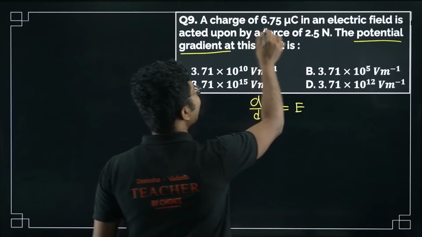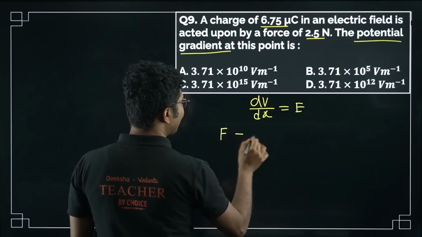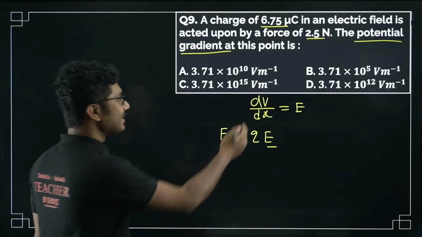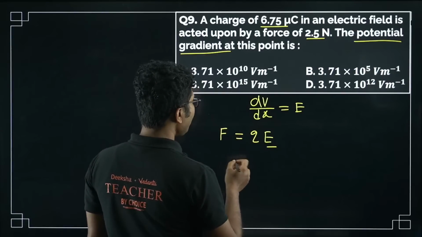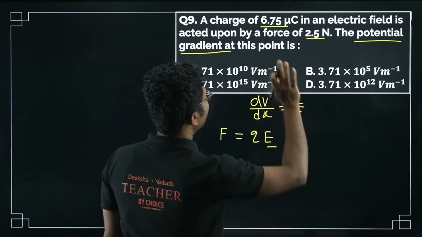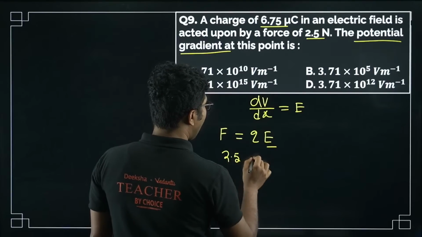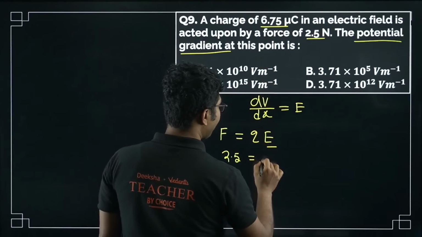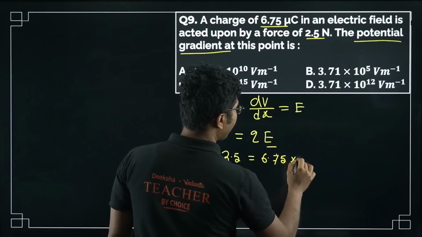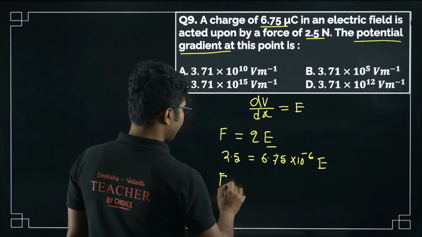So charge is given, force is given, okay, and we know that F equals to Q into E. So we just need to find E. E itself is the potential gradient. Okay, there is generally a negative sign, but negative sign we will not consider. We will only calculate the magnitude. Okay, force is 2.5 and the charge is 6.75 micro. Right, micro means what? 10 to the power of minus 6. Right, so E is basically equals to